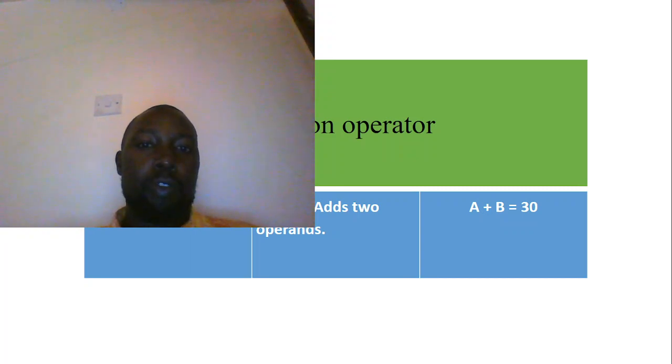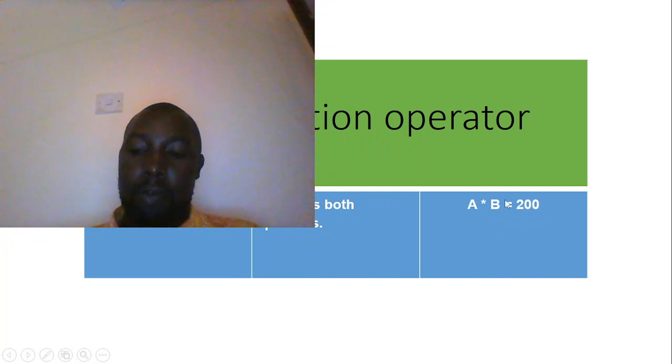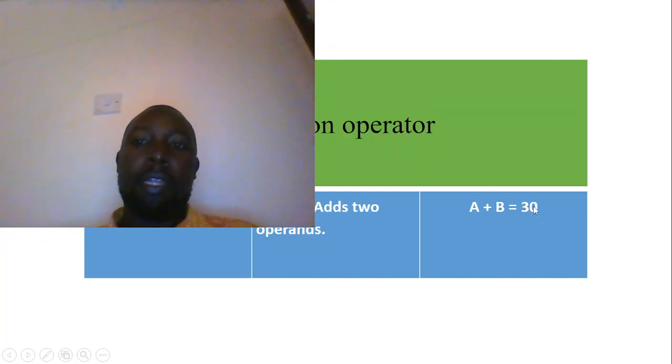The addition operator is used to add two operands. In our scenario, a plus b, a is an operand and b is an operand, and plus is an operator. You can see it here. So when you say a plus b is equal to 30, a and b are operands, and plus is